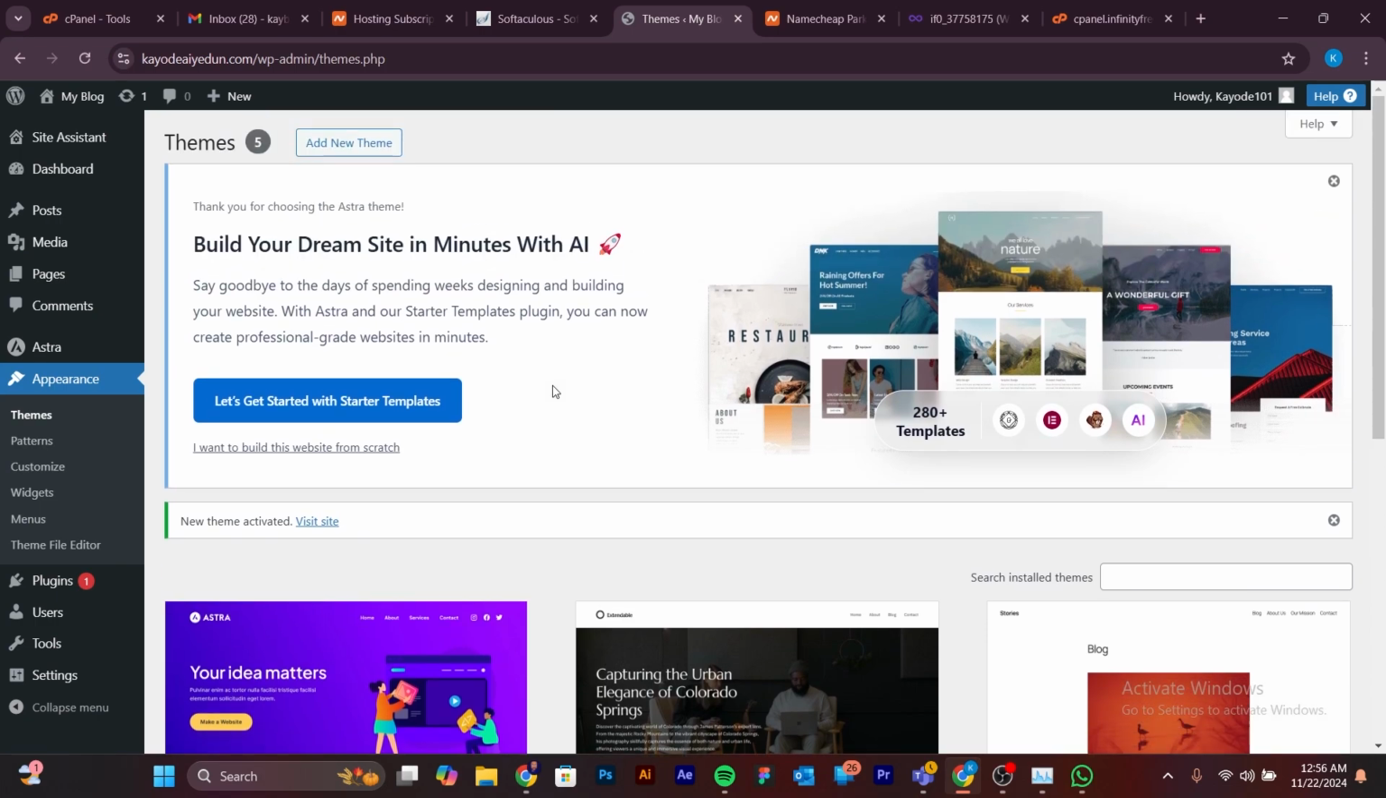Yes. So now we have installed the Astra theme on our website. Next we want to install a page builder. This page builder is what we would use in designing our website. It is a plugin, and like I said, plugins are what assist you in giving functionalities to your website. This page builder is called Elementor, and that is the page builder we would be using to design